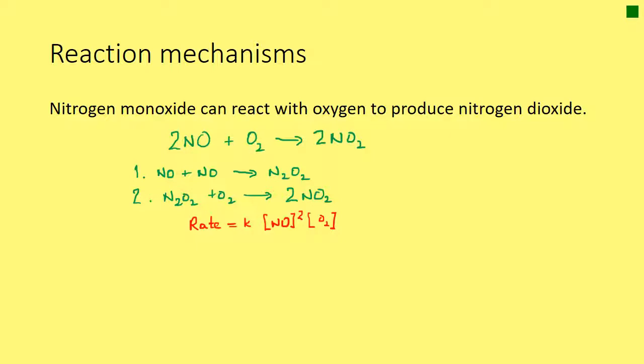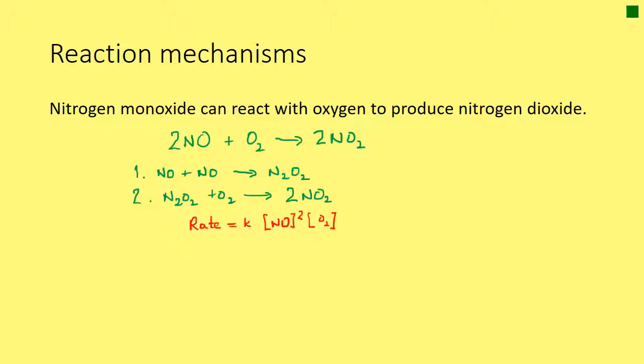the rate equation, and we're given the rate equation, usually calculated by experiment. So the rate equation here is rate equals the rate constant times the nitrogen monoxide concentration to the power of 2 times the oxygen concentration to the power of 1. So what we can see from this is that there are 2 molecules of nitrogen monoxide in the rate determining step and 1 molecule of oxygen in the rate determining step. But that's not consistent with either of the 2